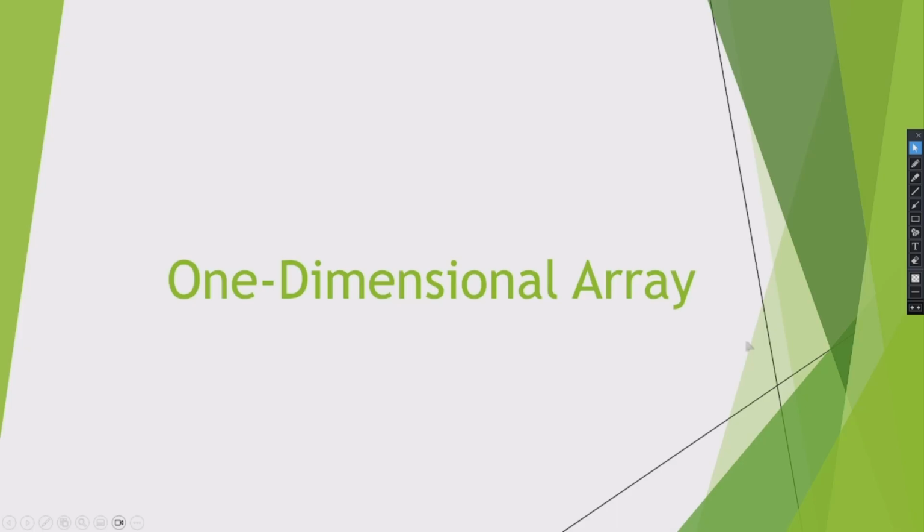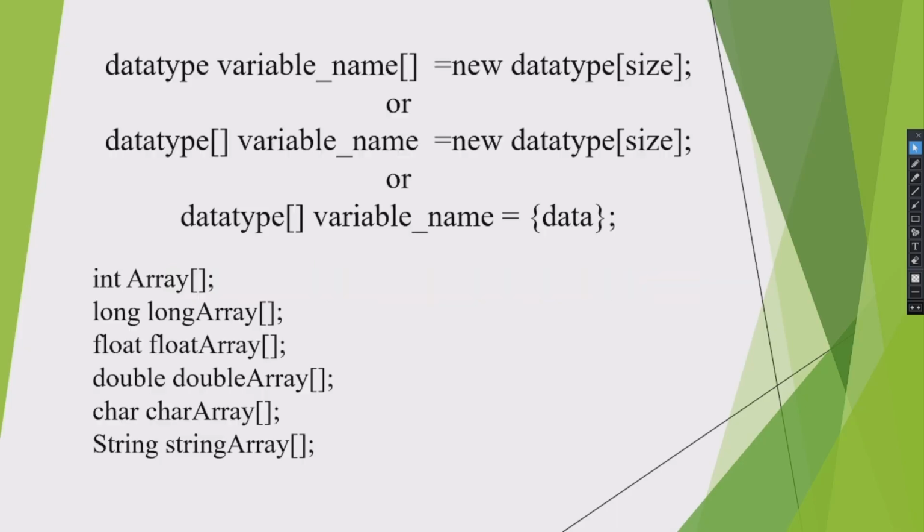Today's video is all about a one-dimensional array. This is the syntax for initializing the array. We have the data type, variable name with open close brackets that is equals to the new data type with